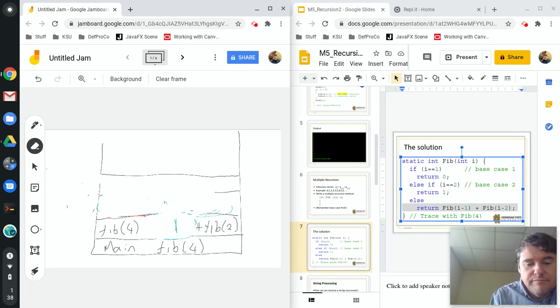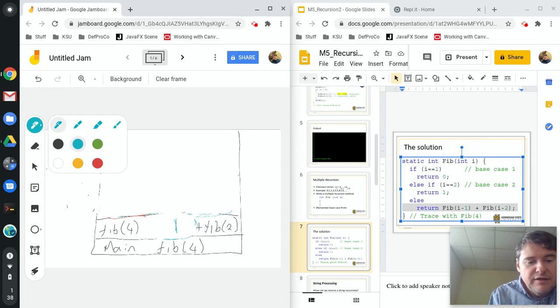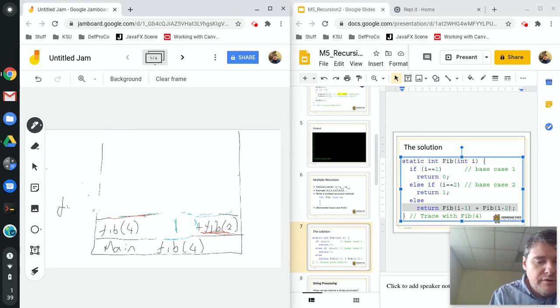Just clean up the stack a little bit there in general. Get rid of that line as well. Okay, so now the next thing that was supposed to happen is that we were supposed to calculate the fib of 2. So that's going to make a new call, fib of 2, and that's going to pop up here,